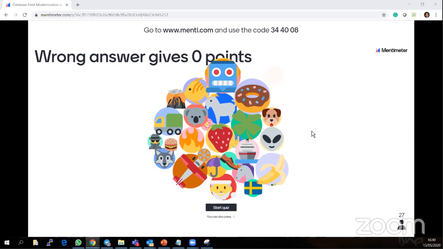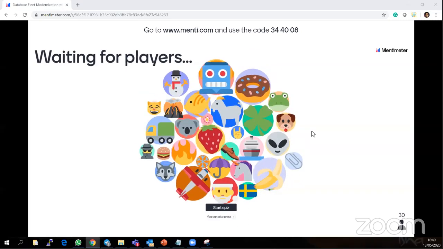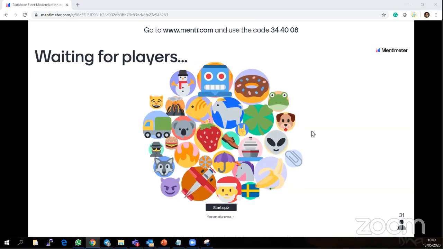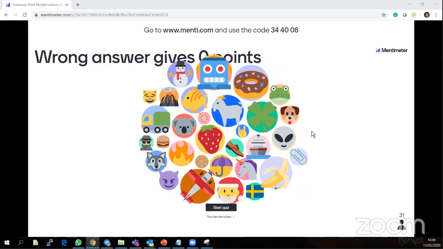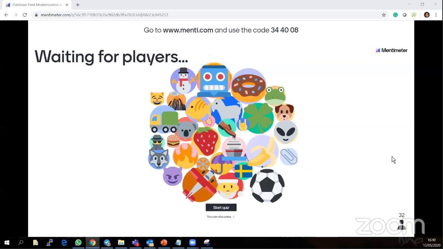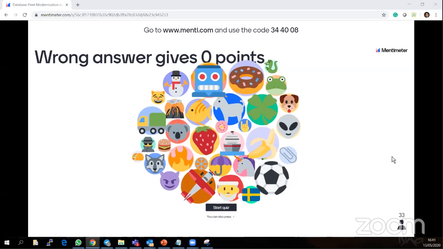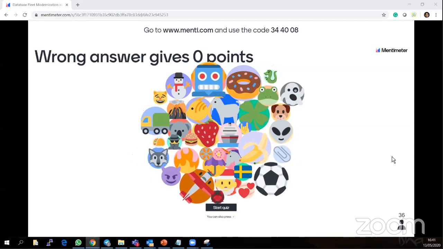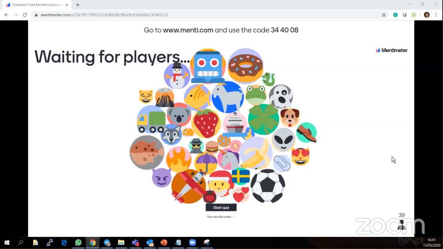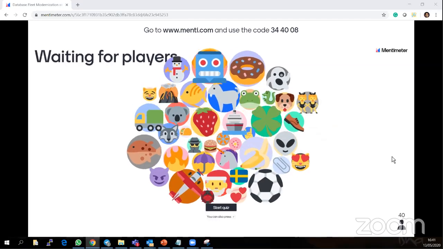Yeah, we have 28 now. Even if it has not reached half of the participants, I'll wait for 1 more minute. And please provide your full name, don't provide nicknames, because otherwise we can't identify the name and you can't get a voucher.